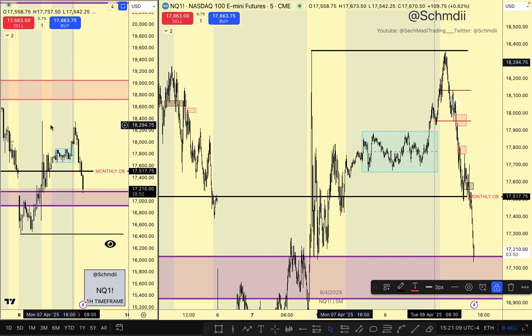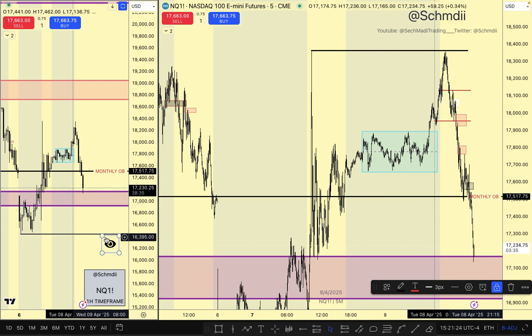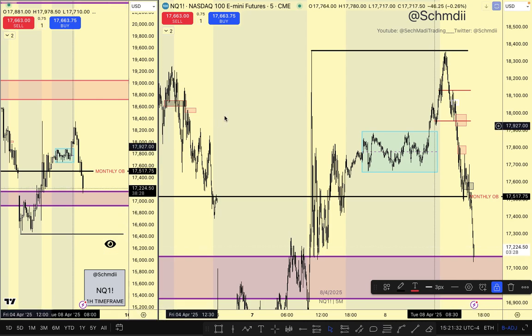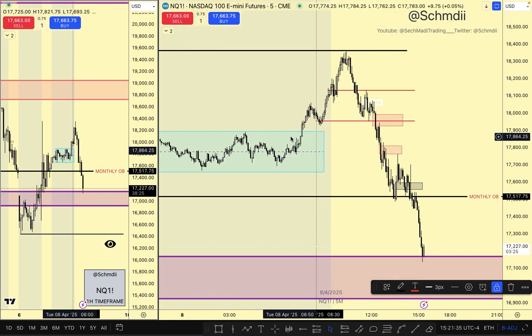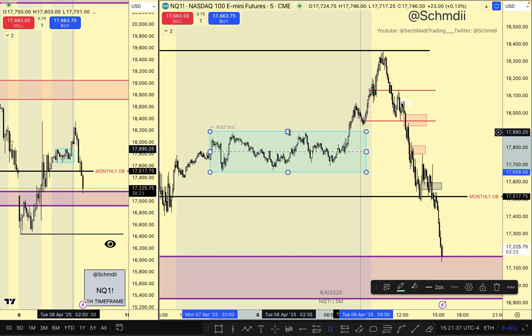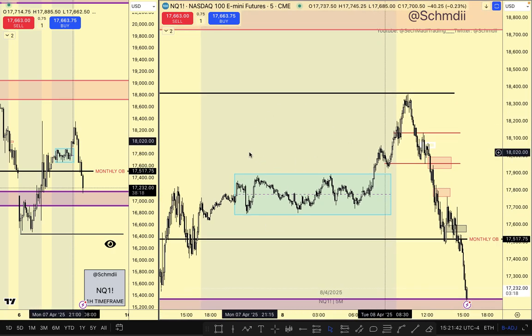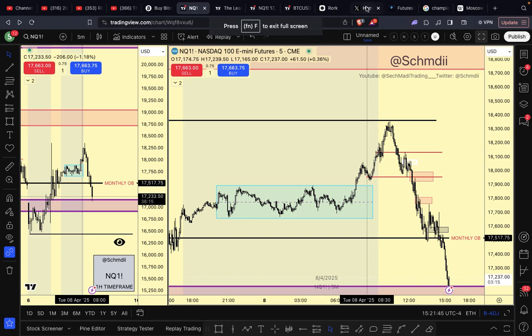I feel like it's building up liquidity on both sides because there's this double top there. That could be a draw. There's this double bottom here. That could be a draw. So I guess it's just a thing of giving it time and waiting on it just to see exactly which way it's going to go, you know, that type of thing. So I don't know. I'll see what happens. No expectations on my side though. I'm just really happy with today's performance. Really. Let me go here. Just show y'all